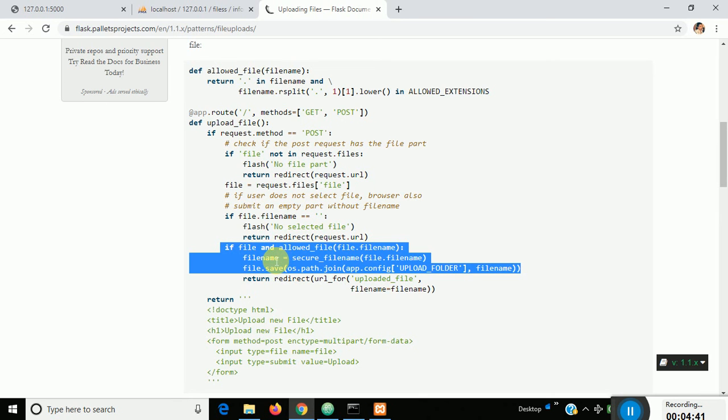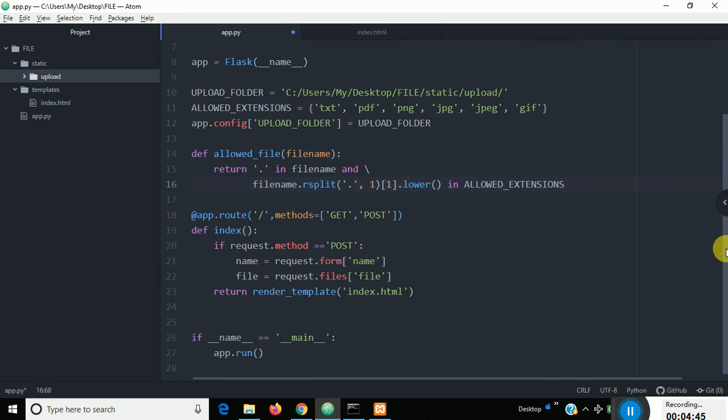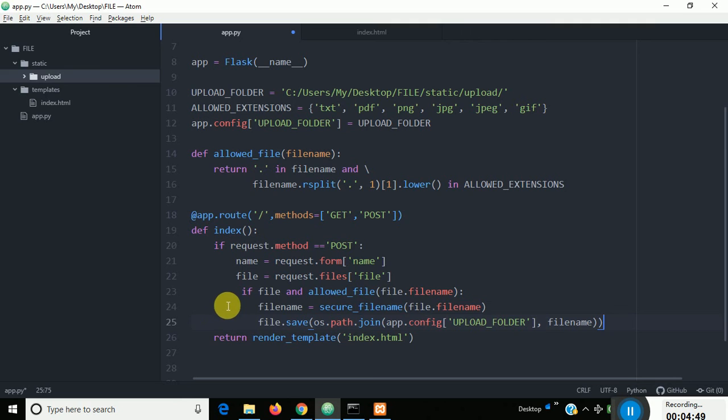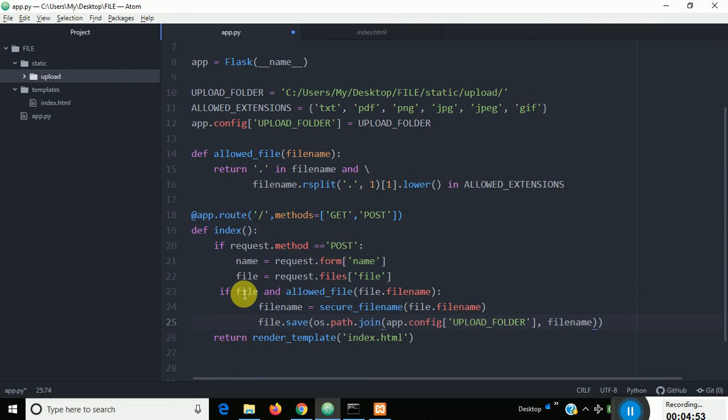Just select these 3 lines and paste it here. Just a minute, because you have to check the indentation. Later on it will start complaining that the indentation is not correct. Okay, so everything is done.